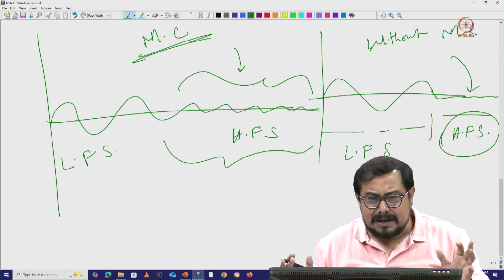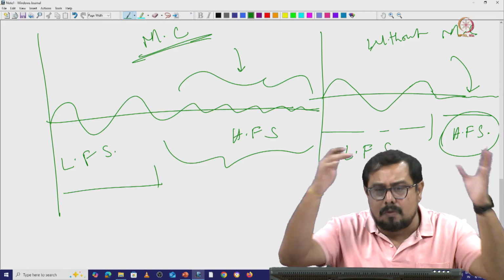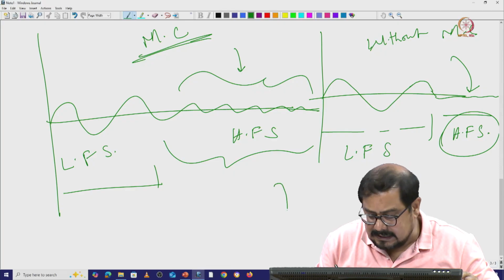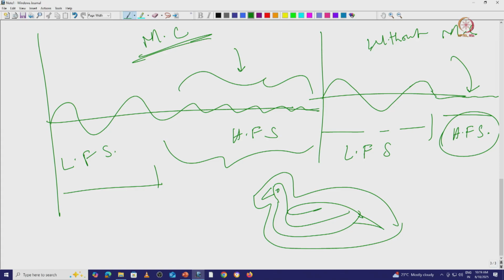Now always remember what I was telling you at the beginning: low frequency signal means you are getting the overall architecture. So if you just consider, okay, this is a duck, I draw this one most of the time. Now this duck, if you just see the overall architecture, it is something like that. Anyone can see and tell that this looks like a bird or a duck, but you cannot see all the details if the high frequency signals are gone, right? If there is an outer line, if there is this kind of line, you cannot see those details, but overall you can see the shape at low frequency signal.